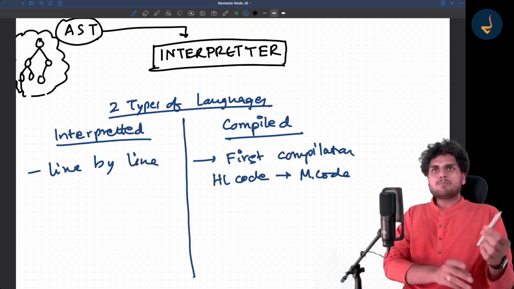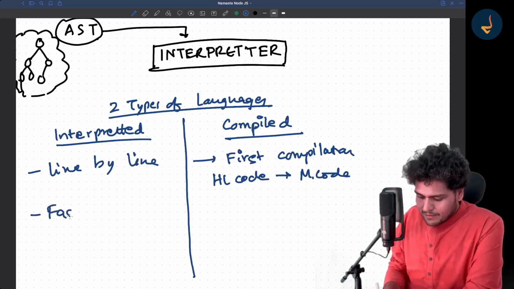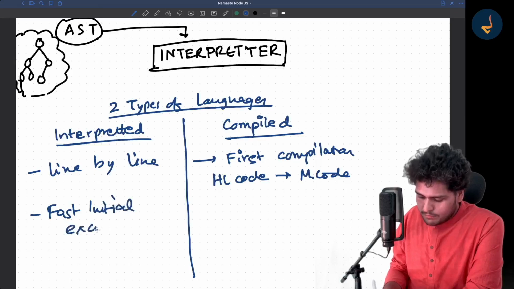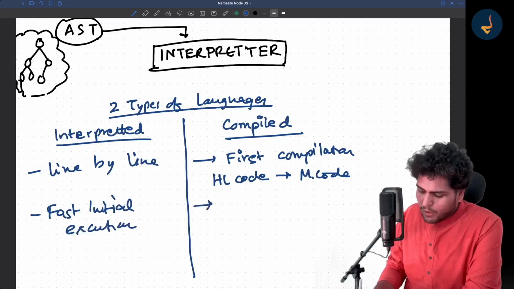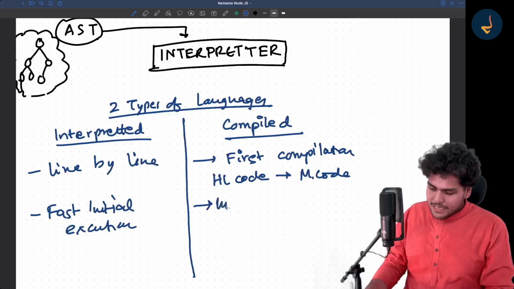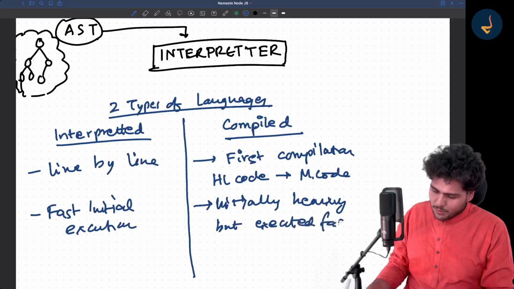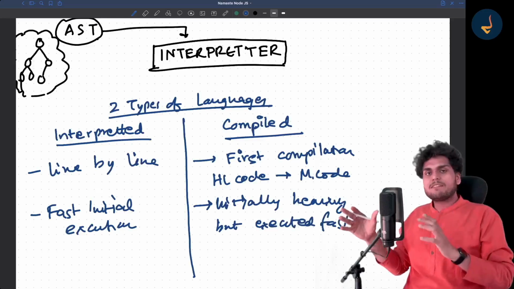Interpreted languages have fast initial execution. In compiled languages, it is initially heavy, but later it executes fast. There are different types of languages out there.